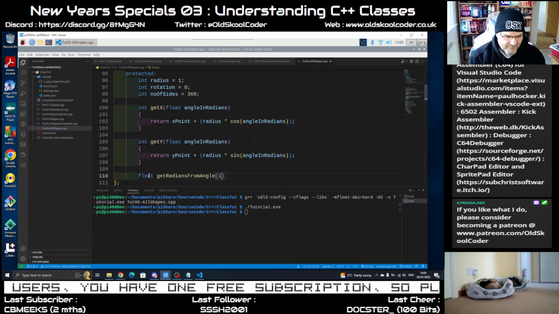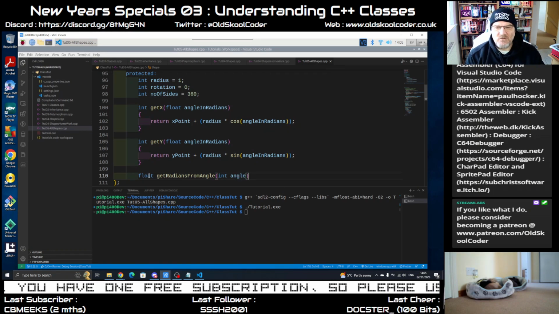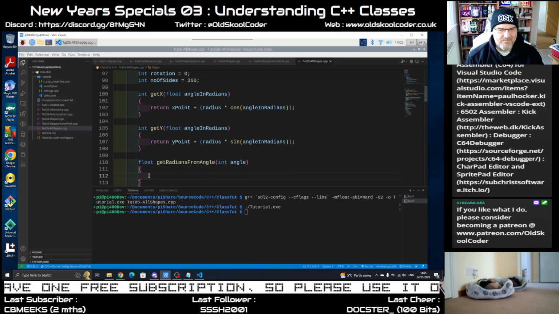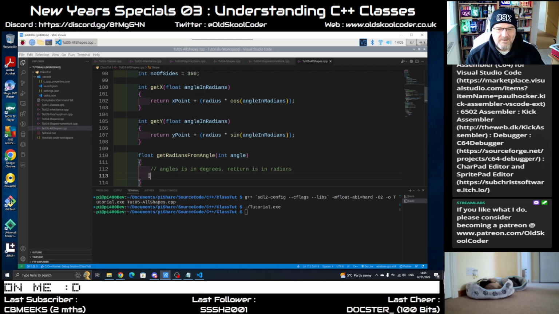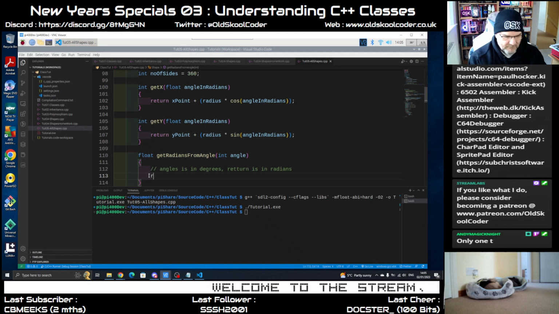And this angle is in degrees, so let's just put that in. Angle is in degrees, return is in radians. So we're now creating a function that converts an angle, 90 degrees, 180 degrees, 270, into radians. And the way to do that